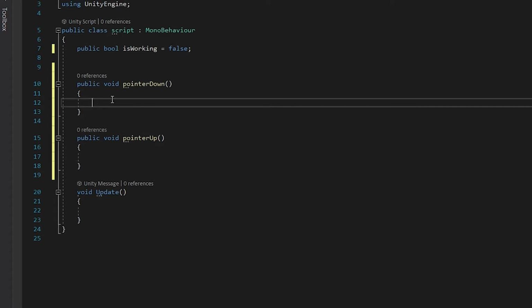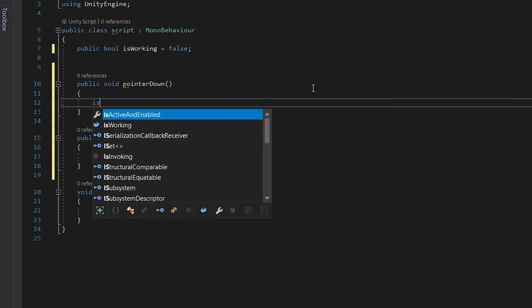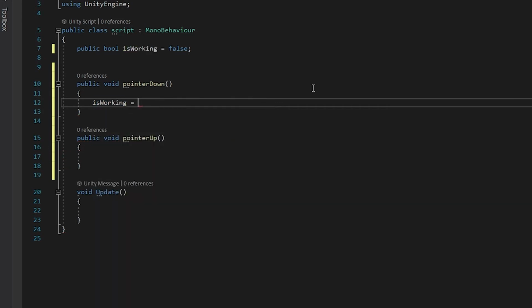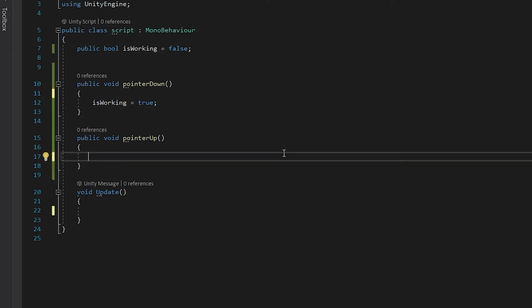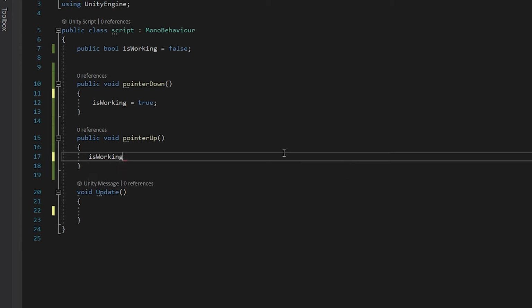And now in pointerDown, you have to type isWorking is equal to true. Then in pointerUp you have to type isWorking equals false,